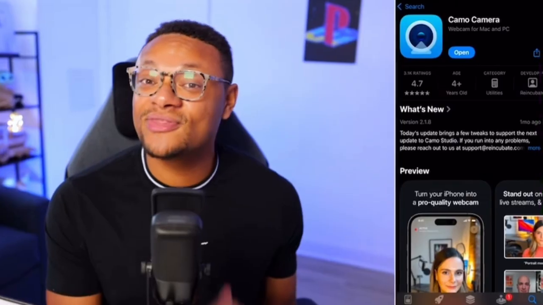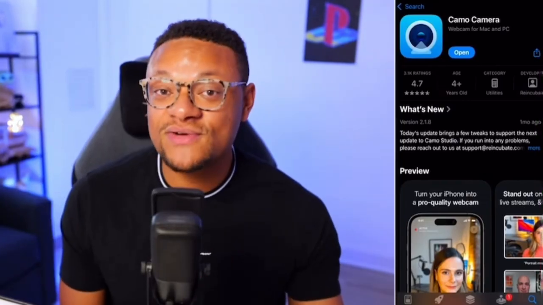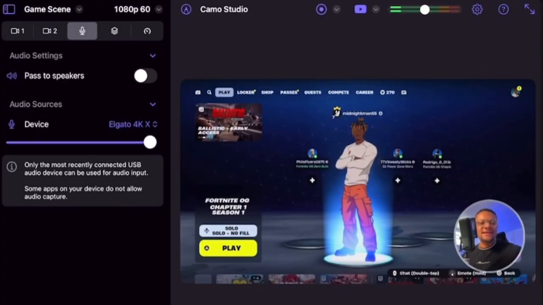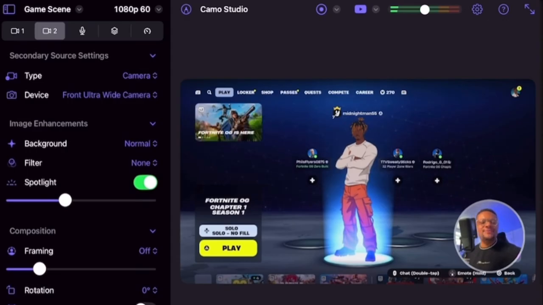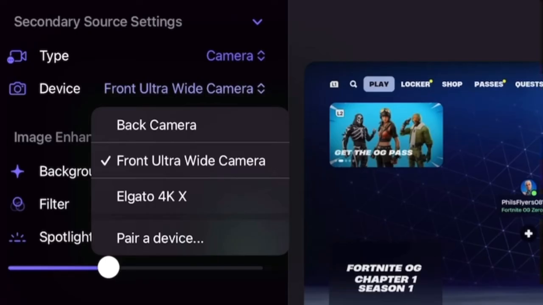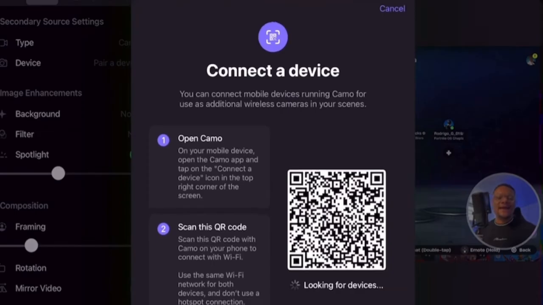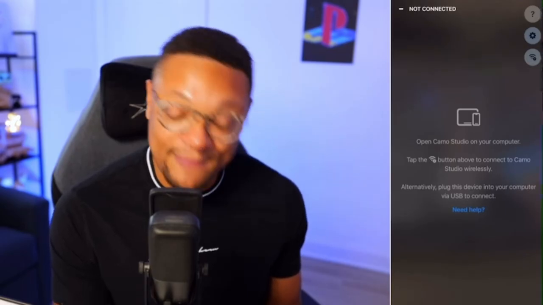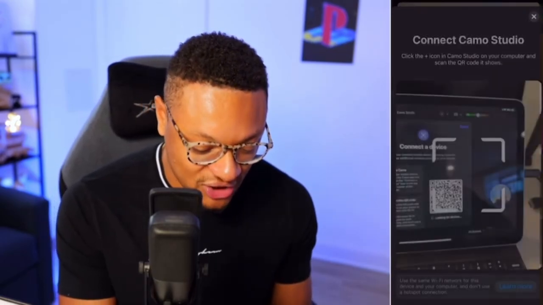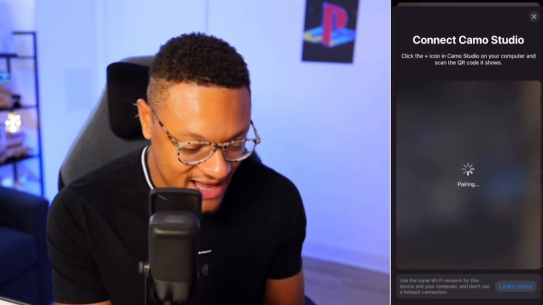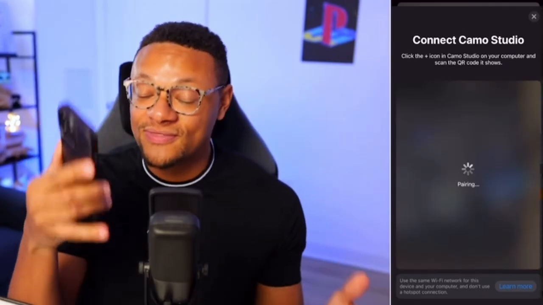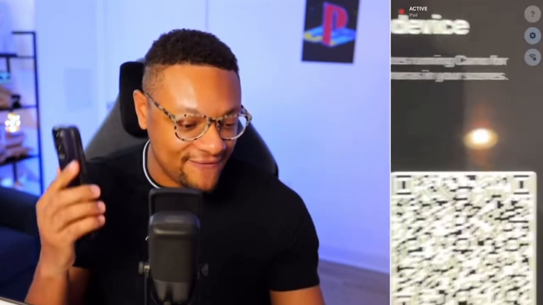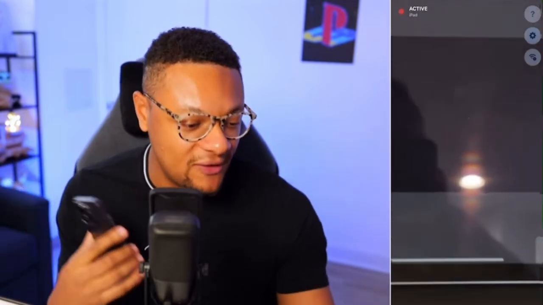You're gonna wanna download the Camo Camera app. Once you have that installed, head back over to camera number 2. Next to device, select that drop down, and you're gonna wanna pair a device. Here, a QR code is going to pop up. You're going to want to go into the Camo Camera app, scan that QR code by selecting the Wi-Fi option, wait for your phone to connect with the Camo Studio app, and after about 30 seconds or so, you should